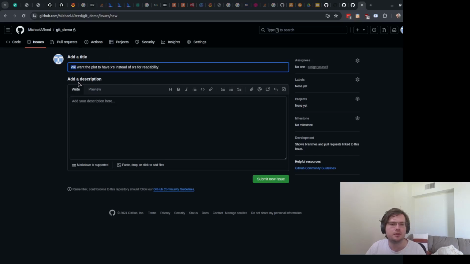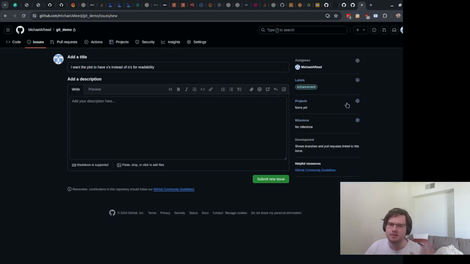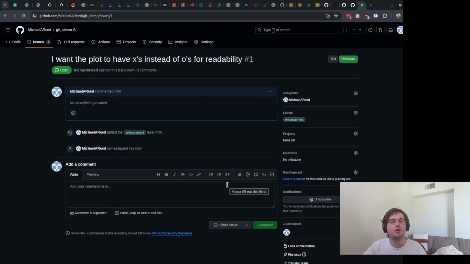And then I'd add a more detailed description, but I'm not going to do that in this case. You can do things like assign the person that this task should go to, give it labels, like in this case, it's an enhancement, it's not a bug. These are things I'm not going to go into too much depth on. But the idea of an issue is something that exists only in GitHub. It's not something that exists in a local version of your Git.